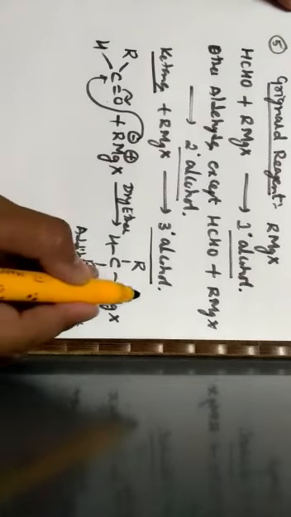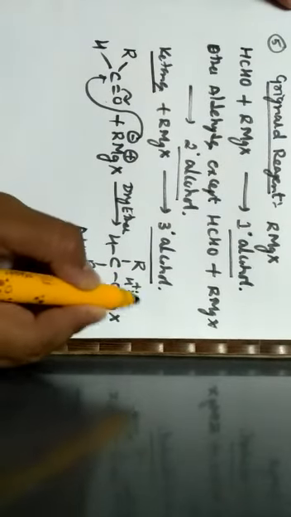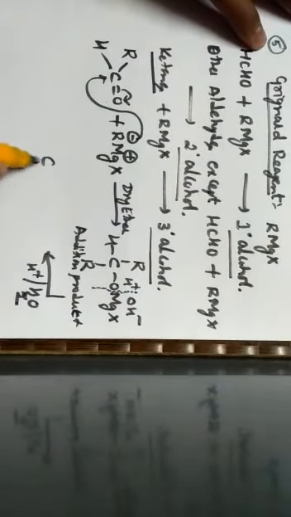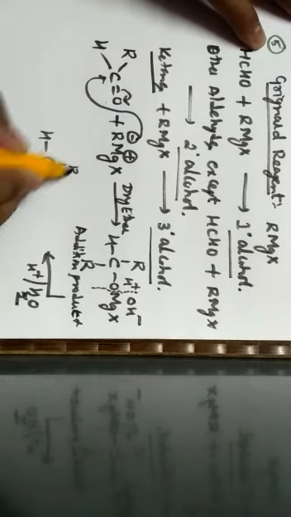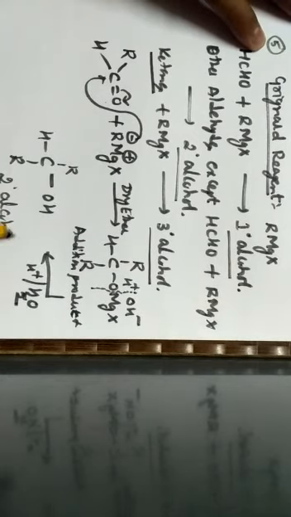When it is subjected to acid hydrolysis, the bond will break between oxygen as well as MgX, such that oxygen takes the electrons towards itself, such that towards oxygen H plus will bind and towards Mg OH minus will bind. So the products can be written as R with one hydrogen, with one more R, along with the formation of OH, which is known as a secondary alcohol, plus the byproduct will be magnesium hydroxy halides. So this is the method how an aldehyde can be utilized for the preparation of an alcohol. In the same way, if we utilize ketones, how the reaction takes place, let us discuss.